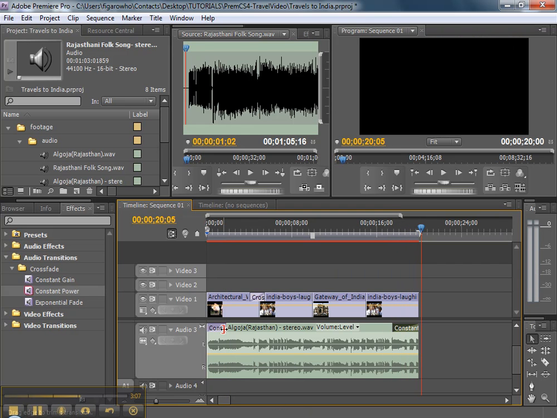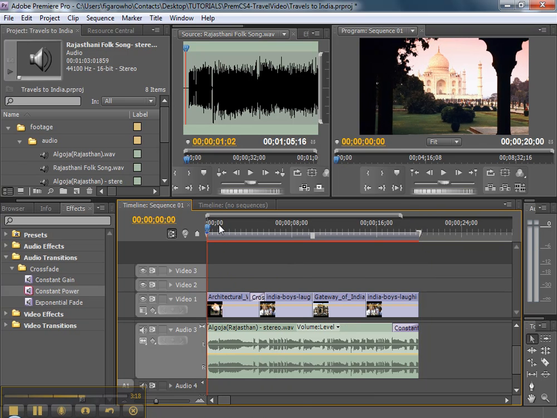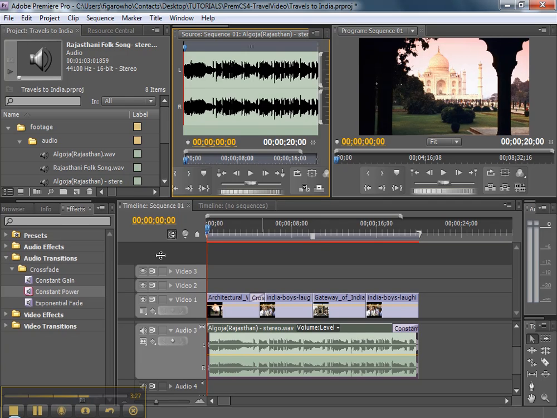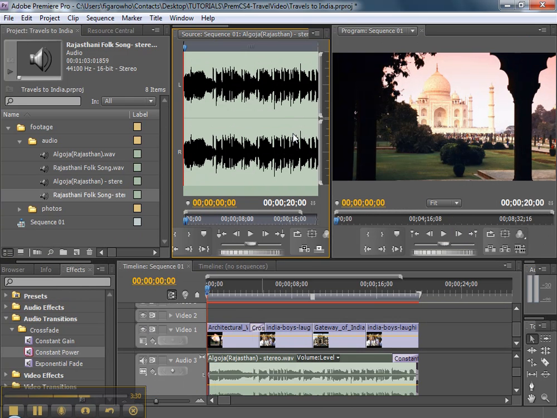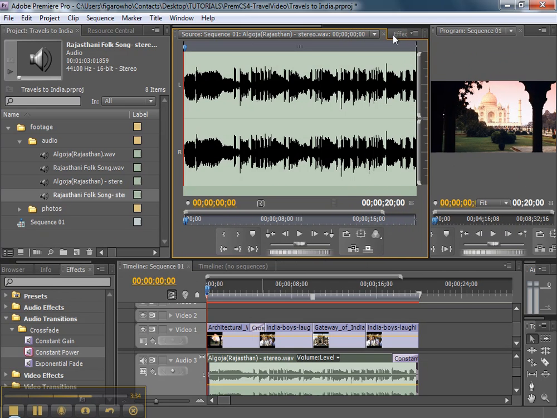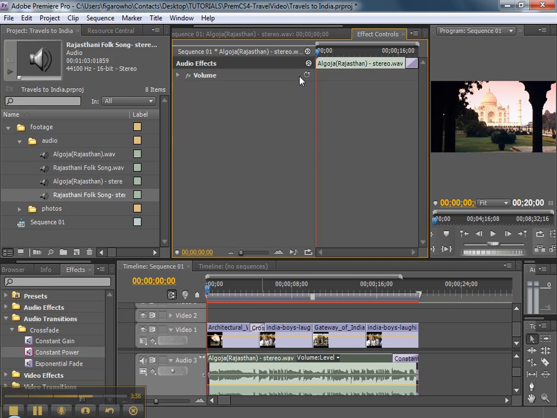Now if you want to be able to control your audio levels in between though, you have another way of doing it, and that's by using keyframes. So I'm going to go ahead and delete at least my first keyframe so that I can actually create this myself. So I'm going to double click on that file, and you'll see up in my source window that particular file has appeared, and I need to give myself a little bit more room here. So I can go now to the effects controls, and it will have that same file. Now I'll go to volume,